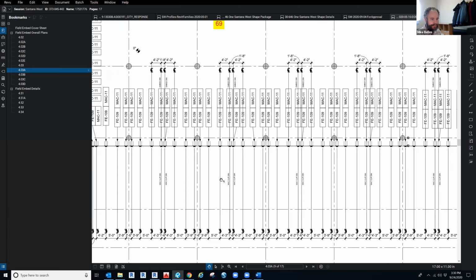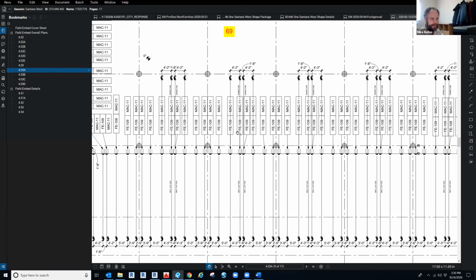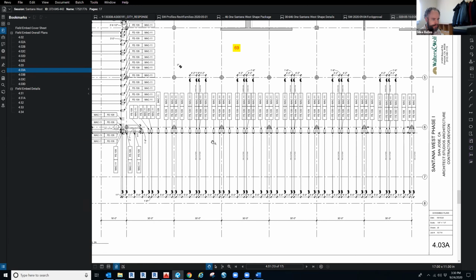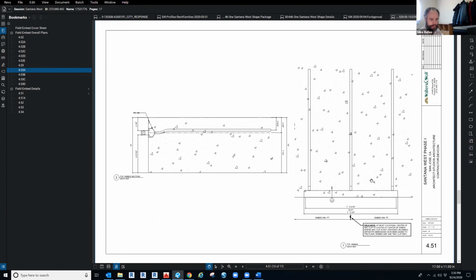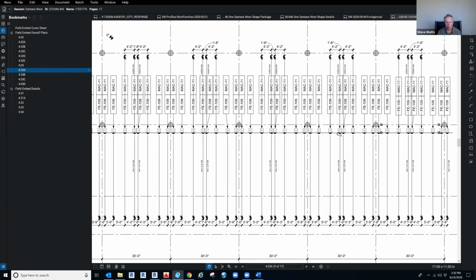And we've got the notes there, mat clip dim and embed dim. But then as far as the details go, it was just one generic detail for the whole project, just showing the embed without the macro. Right. Yeah, and I think the communication's the piece here, right? How are we telling them what to do?